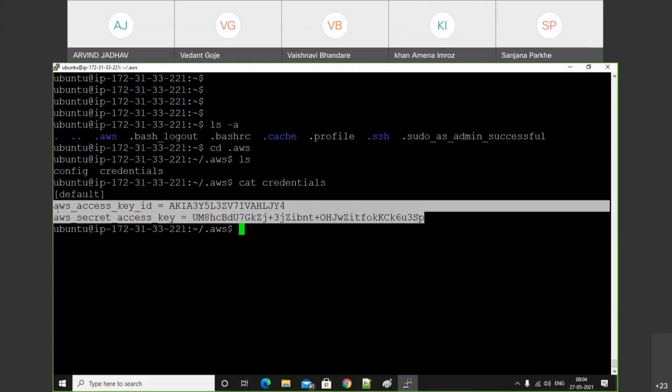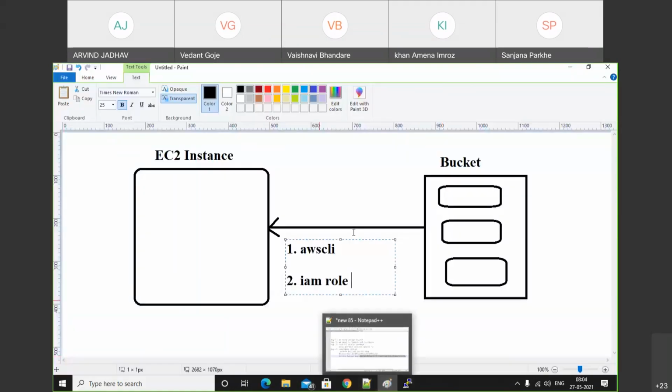So for that purpose, in industry, or we can say the corporate world, they do not use the concept of AWS CLI. Instead of that, they always prefer to use the IAM role. By using that IAM role, they can access the bucket from EC2. In that case, machine-to-machine communication will happen.